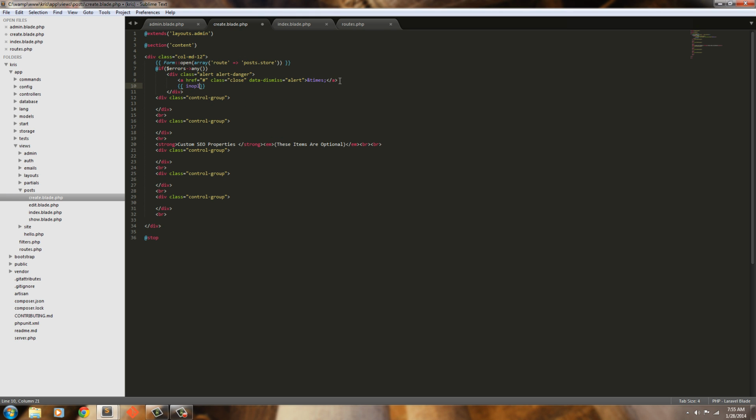So next, I'm just going to use implode. I use implode a lot. I mean, you can use whatever you want. And we're going to have no glue, and we're just going to grab all the errors. You make it a variable first, errors